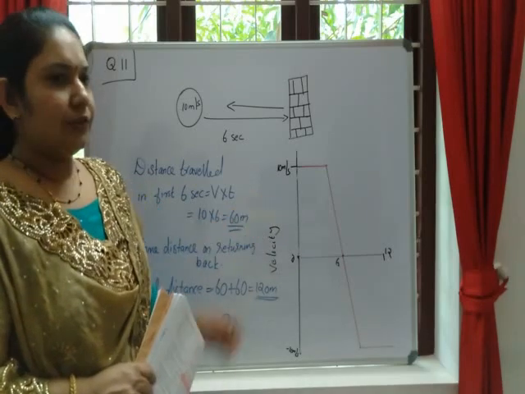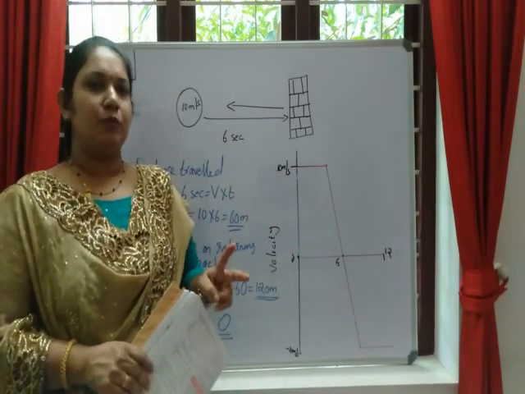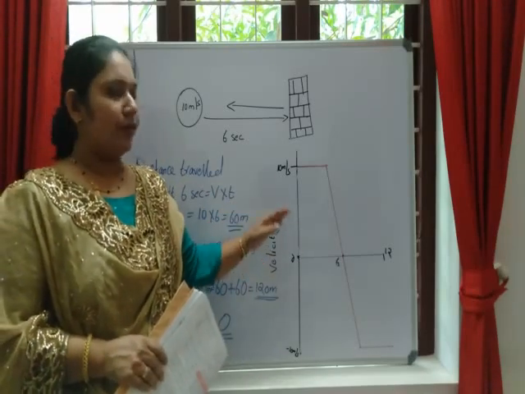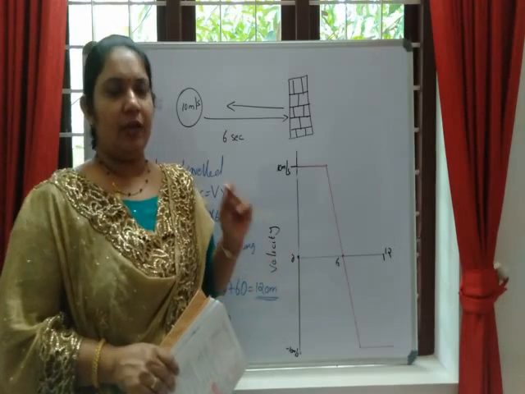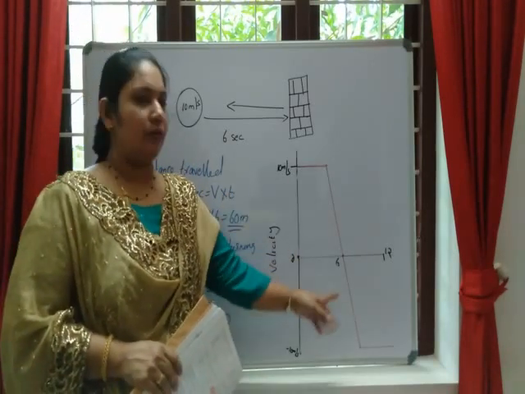So you are asked to calculate. First you are asked to draw the graph. Afterwards you are asked to calculate. The second sub question is calculate the distance travelled by the ball. Since it is not a closed graph, you are asked to find the distance if it is a closed graph. Here this is not a closed graph.